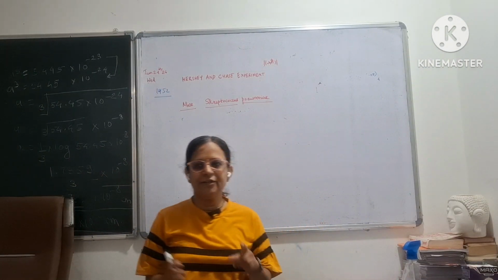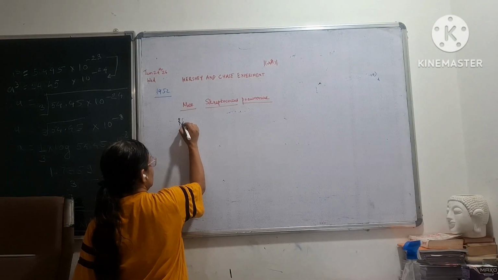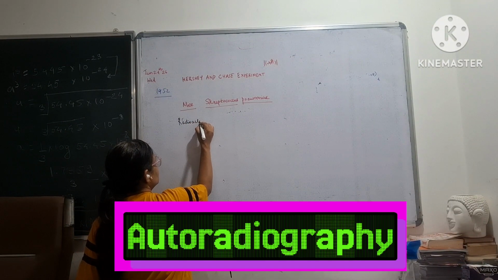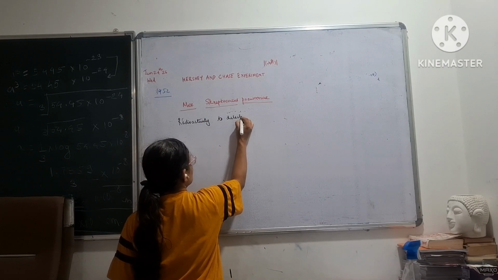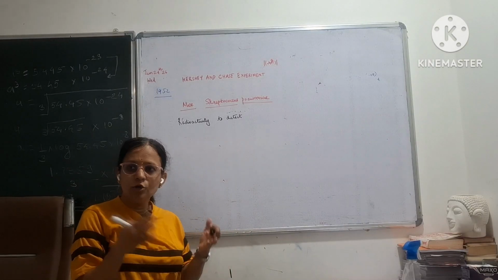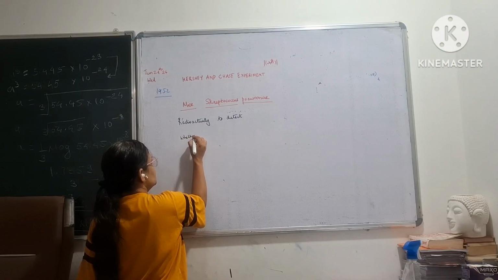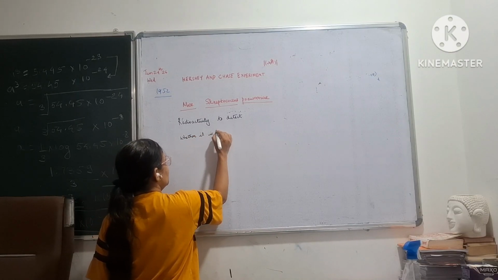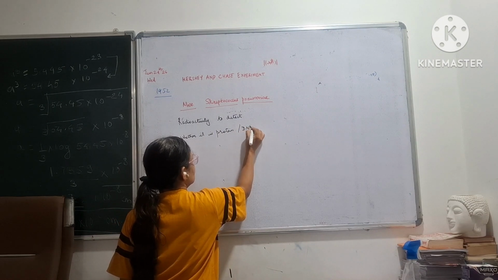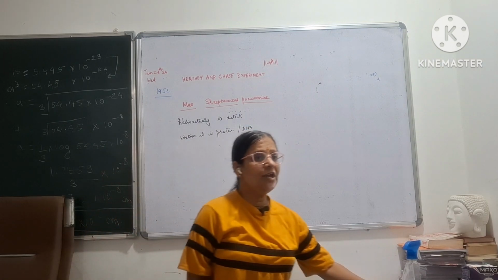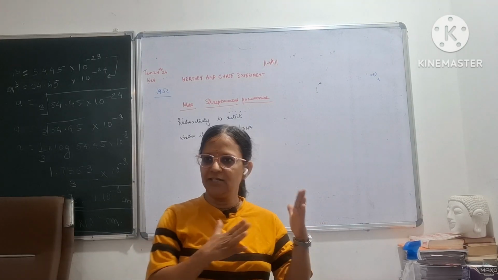Now Hershey and Chase, they used two radioisotopes. Okay, they took the help of radioactivity to detect what? To detect what goes into the bacterial cell, whether it is protein or whether it is DNA, right? We have to find out what is going from virus to bacteria, whether it is DNA or